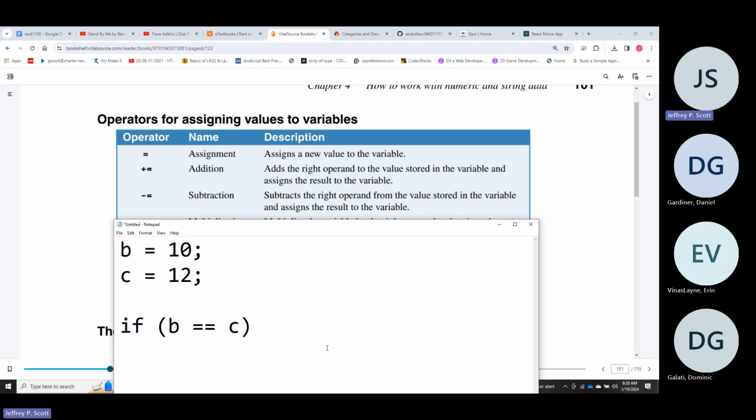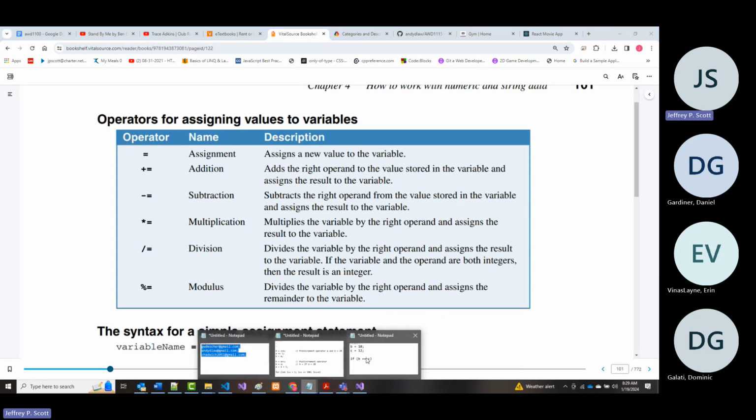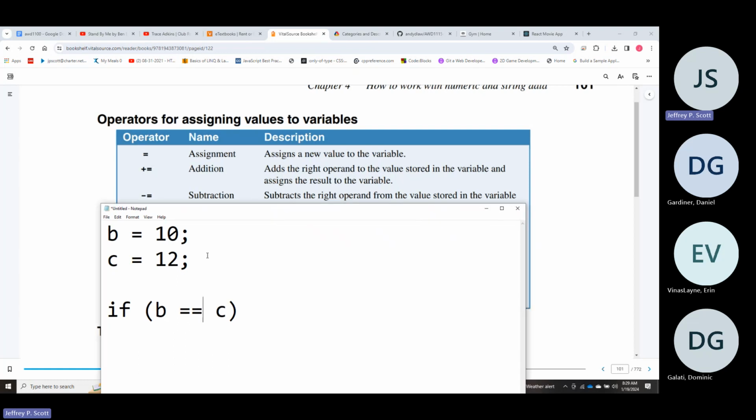Now, unlike JavaScript, for those of you who were in the class last fall, there is no triple equal sign here. There is no triple equal sign like there is in JavaScript. All right. The other thing too that they don't mention here is plus equal. It is addition, but it's more than that. What do I mean? Well, if I come in here and do this,